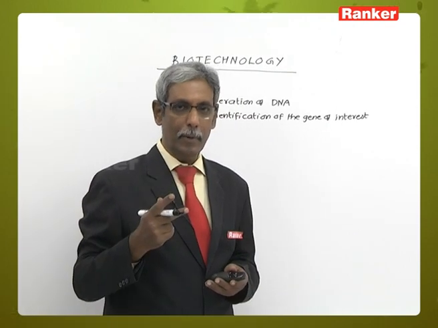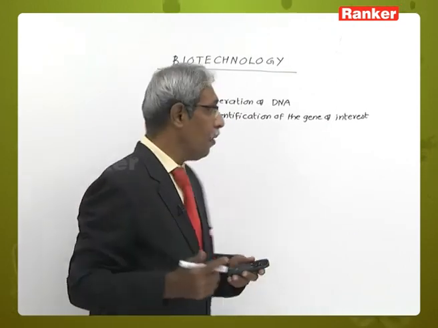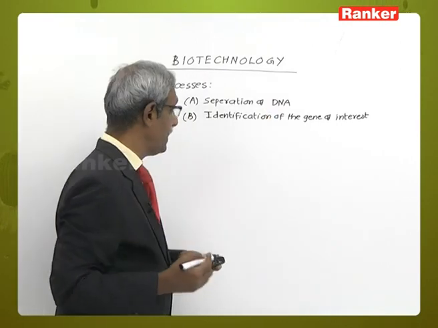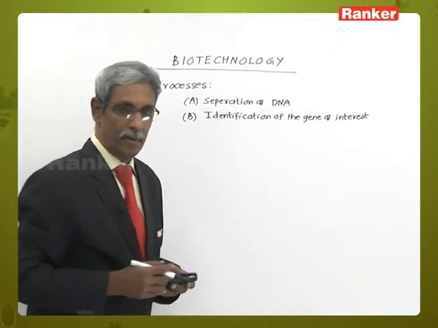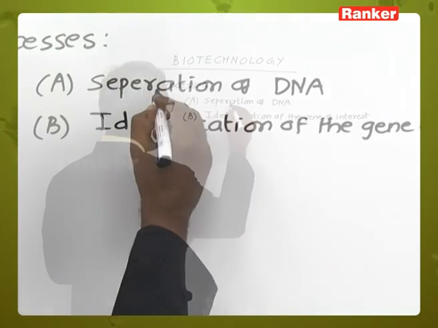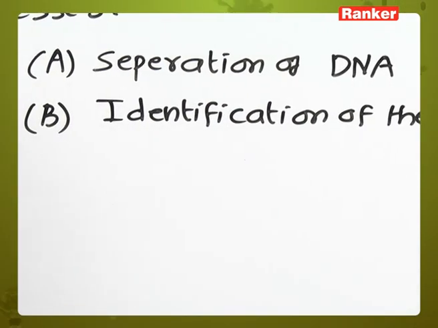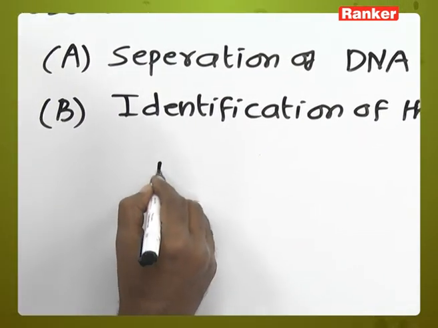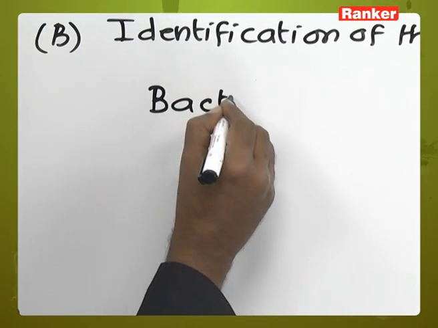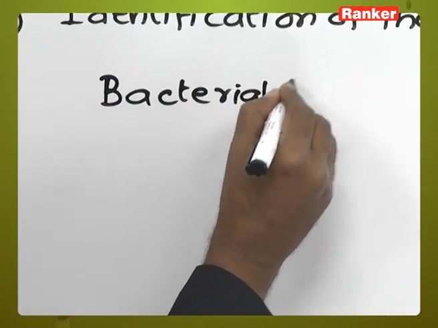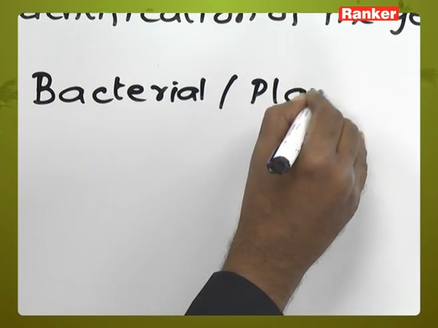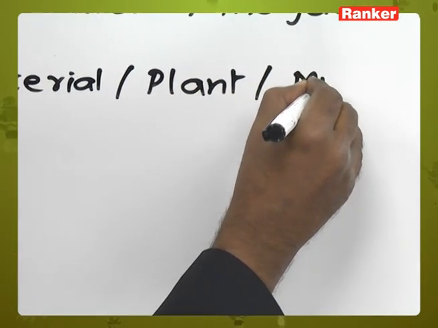So, we have two important techniques here which you are learning. One is the separation of the DNA, and next is the identification of the gene of interest. We will be talking initially about the separation of the DNA. Now, whether we take a bacterial cell or a plant cell or a microbial cell,